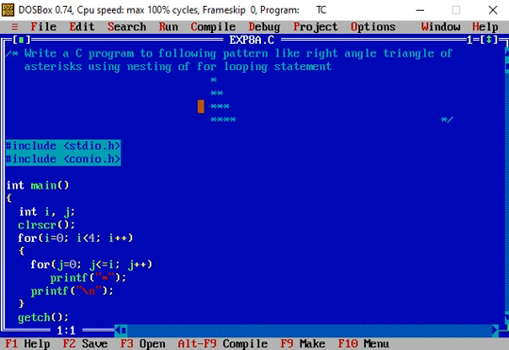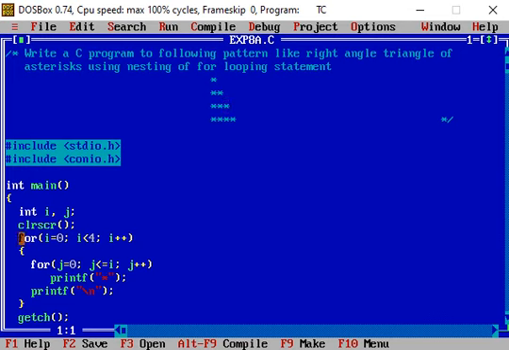So using two loops, one loop inside another loop, one outer loop can be used for the row counting, and the inner loop is for the column counting as well as printing the star.